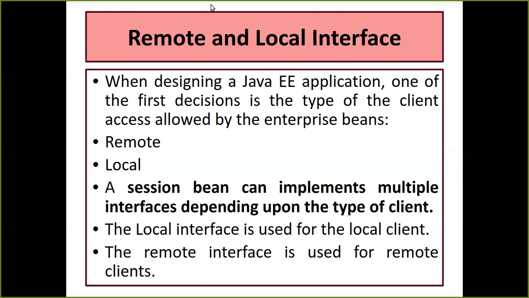In the EJB container, we have two things available: one is the remote interface and the other is the local interface. I hope that's clear. Just remember the diagram. I don't know how many people have been understanding and remembering the diagram. The diagram was very important, with the EJB container and the EJB client. If you're not able to remember, I'll give you more details about it.